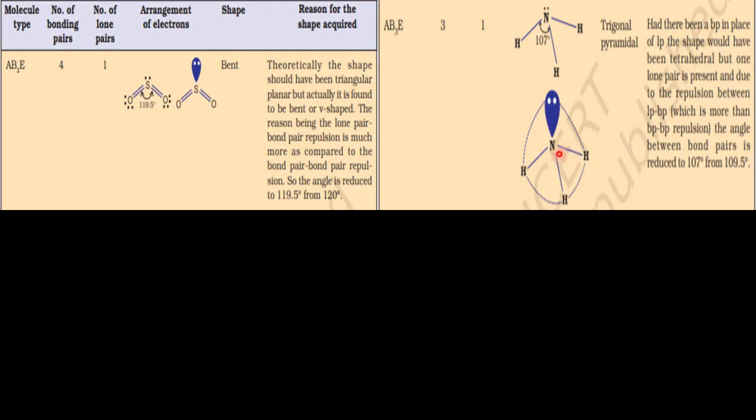So how do we say this is a triangular pyramidal? You have to join these imaginary lines. So H-H one line, H-H another line, then it becomes a triangle. On the triangle you put a line on the top, and join all the vertices, this line and this one and this one. It looks like a triangular pyramidal. So it is happy with the triangular pyramidal but not with the tetrahedral, due to the lone pair-bond pair repulsions, which are more.